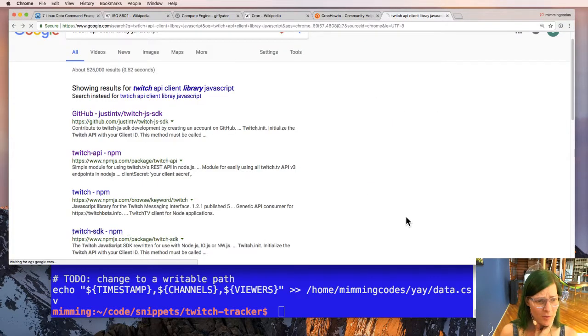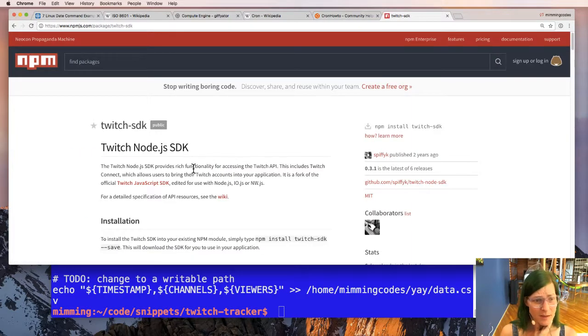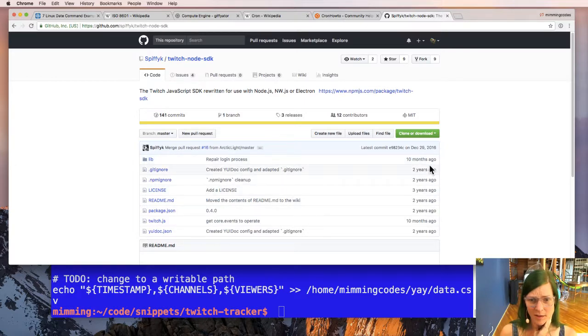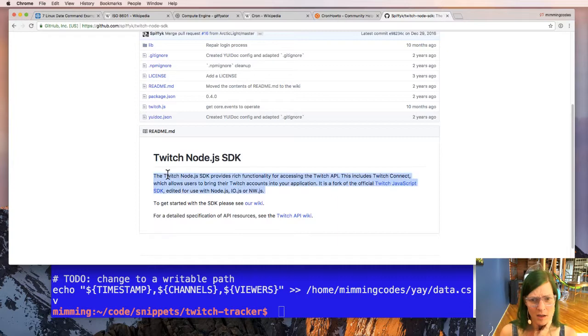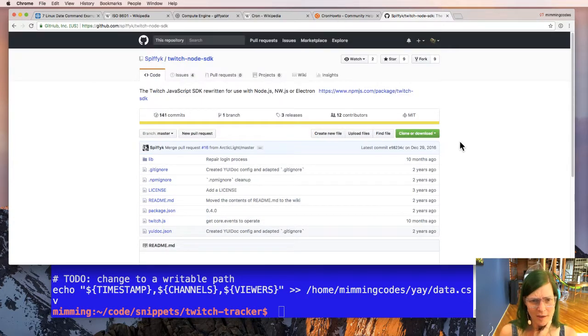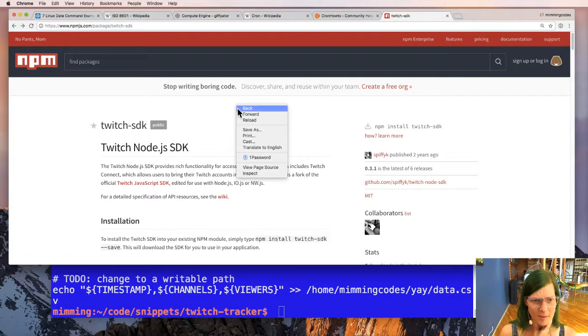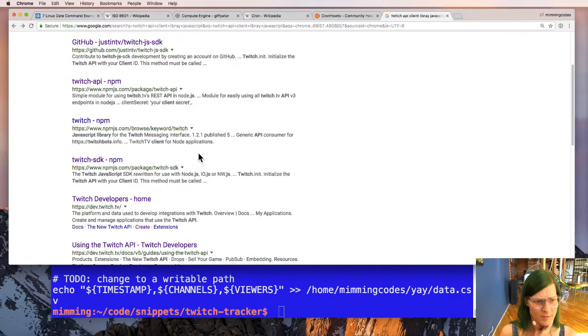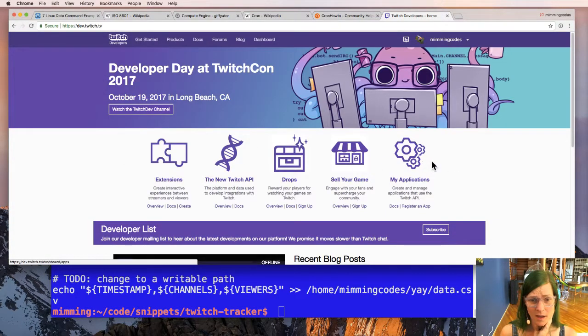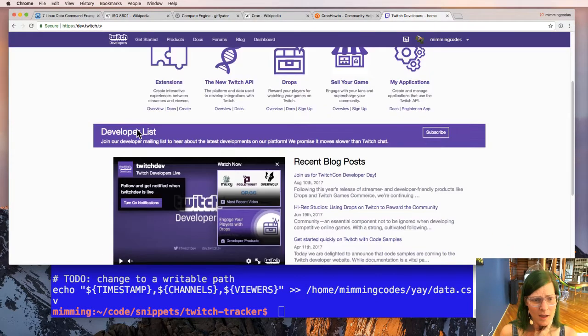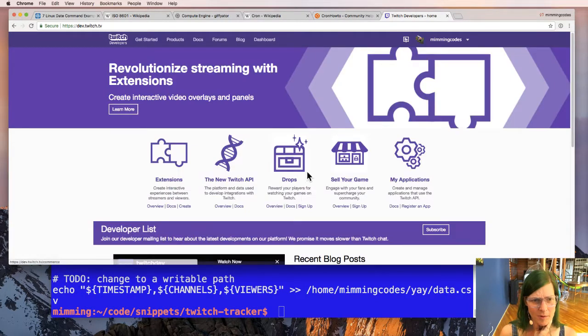So not that one. How about Twitch-SDK? These are all third-party libraries. This one's also, most of the activity is more than a year old. So it doesn't seem like there's any turnkey SDK. This is always kind of worth the time to poke around. Let's see if the main documentation links us to any client libraries. Not much here.